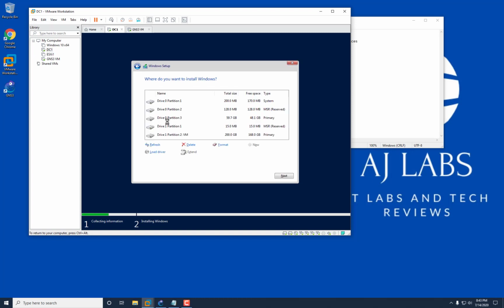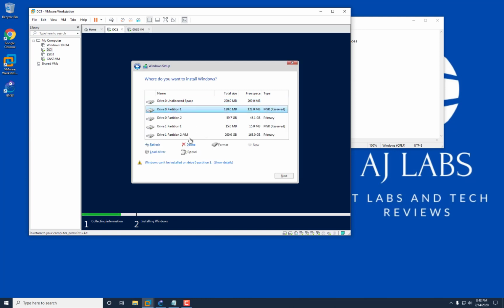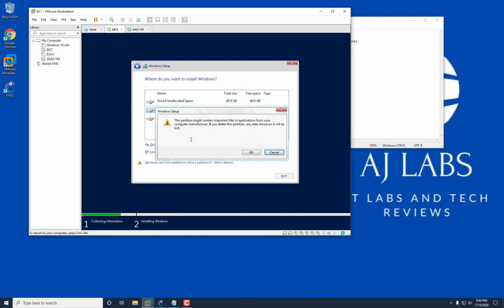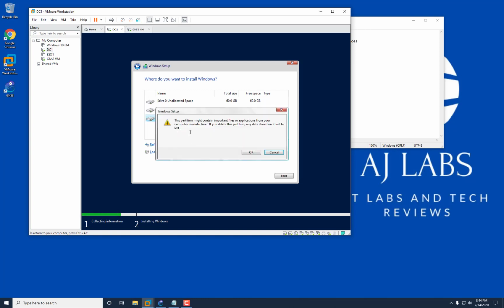What I want to do is a custom install, and then for yourself you're just going to have your one hard disk. For me, I've got to delete all of these because I've already had the Windows operating system installed on here, so I'm just going to delete all of this. For you it should just be one disk, and I'll show you what I mean once I've deleted all of this. Let me just go to delete,